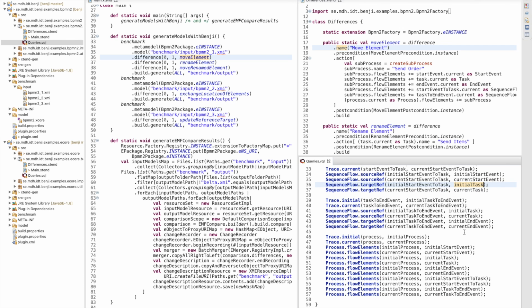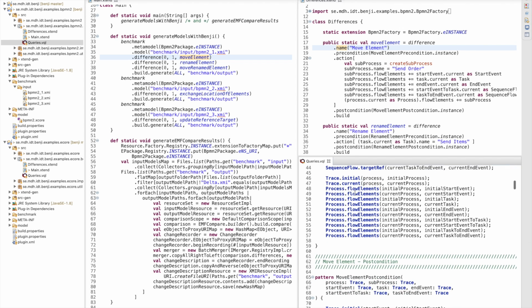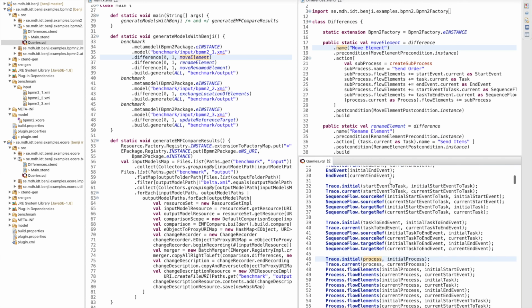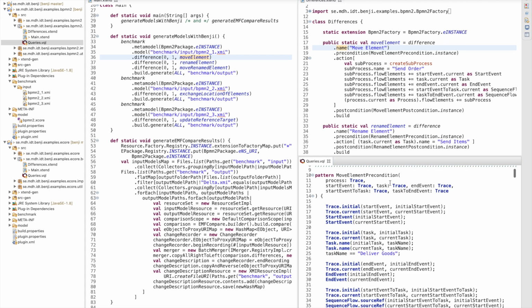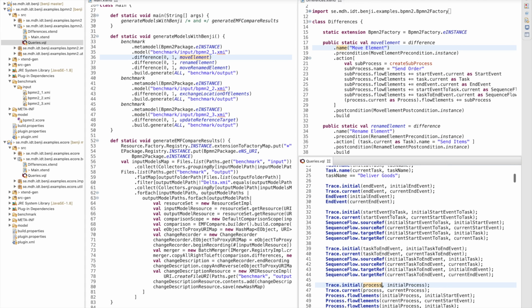The same applies to the task to end event, which instead connects the task to the end event. And finally, we want to impose that all these elements are contained inside a process, which again is preserved. So the precondition imposes that we have a process containing a start event, a task, an end event, which are